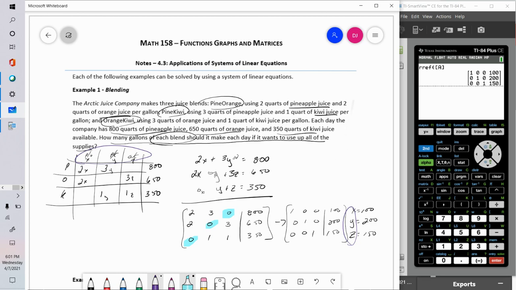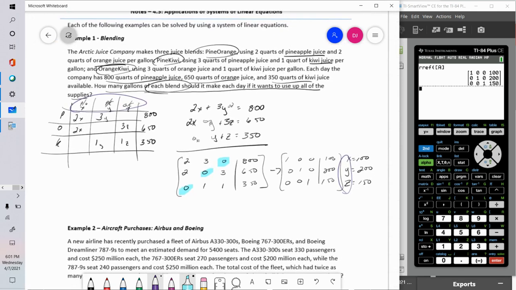So what this means is I'm going to make 100. Now that's going to be quarts actually, right? How many gallons of each blend should it make? X is the number of quarts because we've got 800 quarts. So there's another thing to keep in mind. That's 800 quarts of the pine orange blend, 200 quarts of the pine kiwi blend, and 150 quarts of the